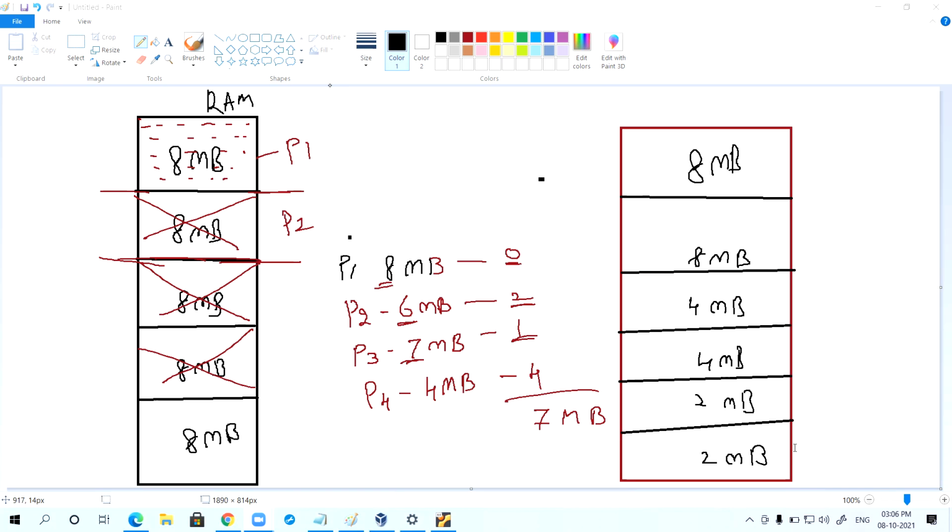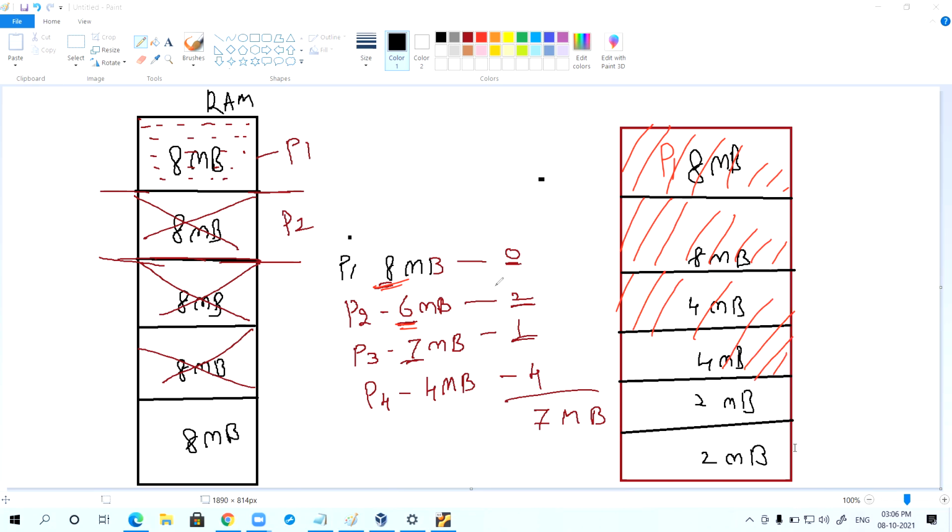It's clear? Now tell me, in the same situation, P1 process needs 8 MB, for P1 8 MB is given. P2 process needs 6 MB, so there is no 6 MB. Can I say 8 MB is given? P3 process needs 7 MB. Now the question arises, there is no 7 MB, maybe the chance of giving 4 plus 4, 2.